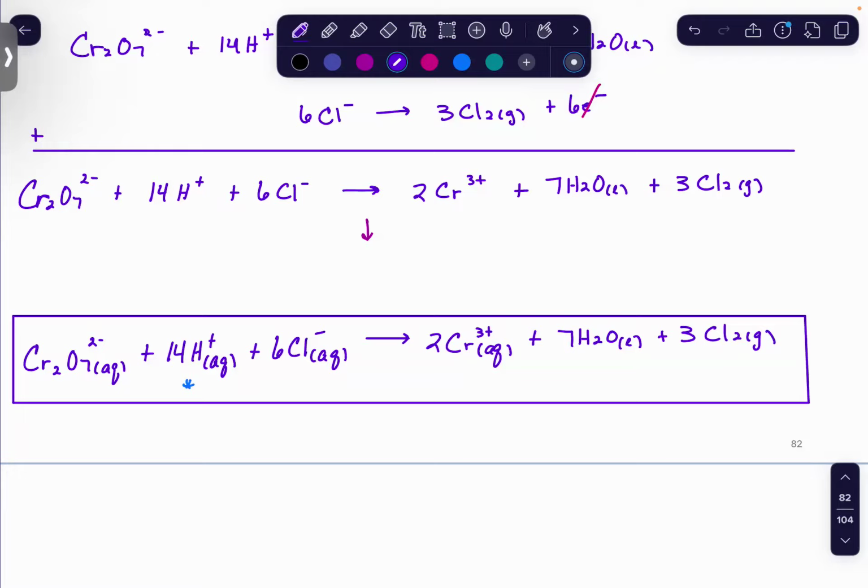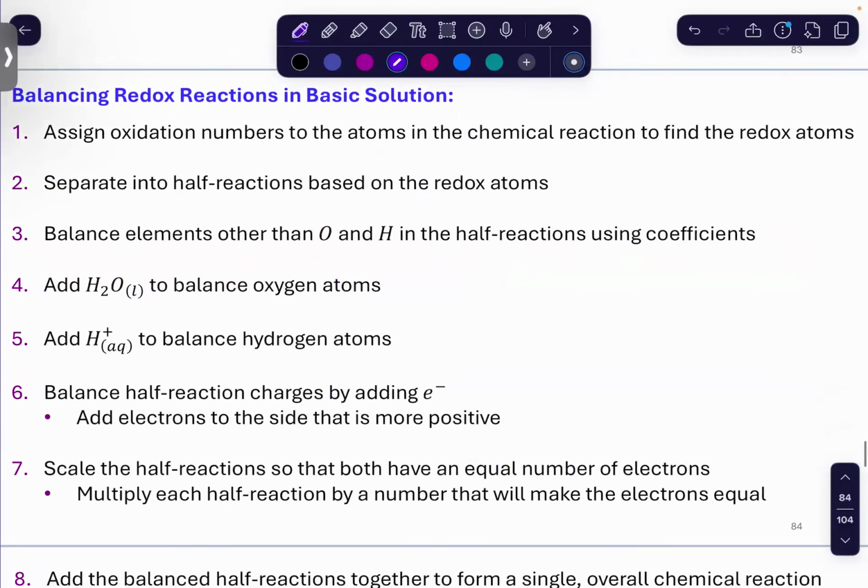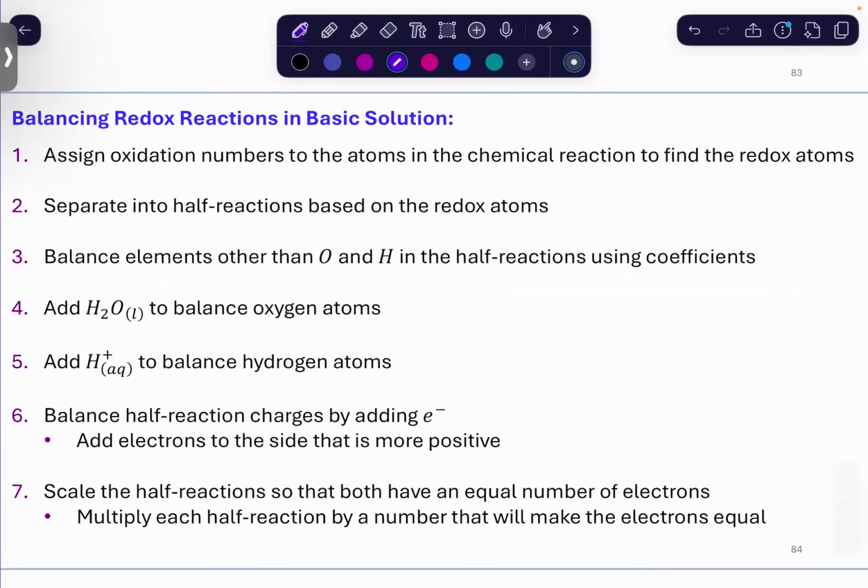Okay, on to the next one. Balancing redox in basic solutions. It's going to be pretty much identical, except you have an extra step. So you assign oxidation numbers, separate into half reactions, balance elements other than oxygen and hydrogen, use water to balance oxygen, protons to balance hydrogen,